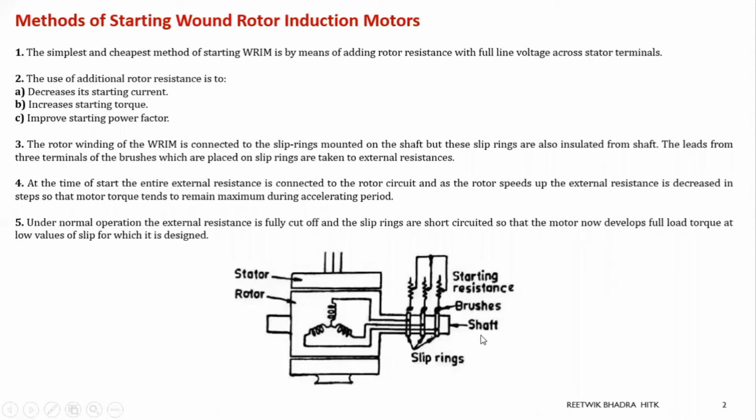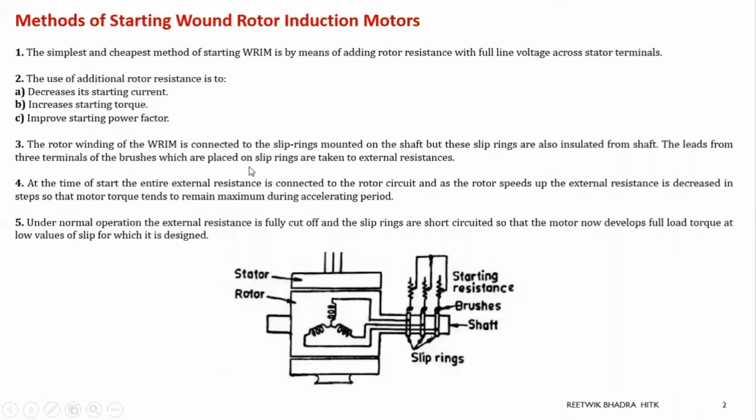Now what happens over here, we had discussed in the first lecture, the slide that was showing prior to this, how the rotor windings were done. The rotor windings were connected to slip rings. So three phases through three slip rings which are mounted on the shaft. So these are the three slip rings, with three rotor windings connected to each of the slip rings. Now external resistances are brought into contact with these slip rings by means of brushes, and obviously proper insulation should be present between the slip rings, brushes and all. So this is how the connection is made. That is my third point, which is written over here.